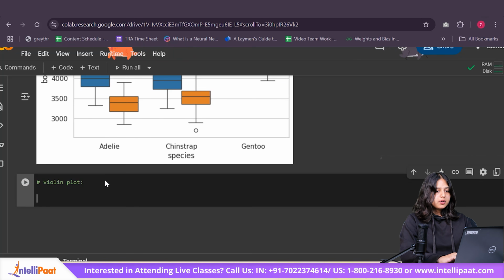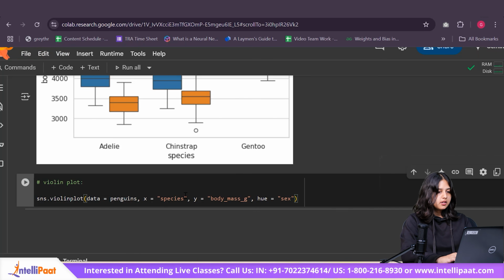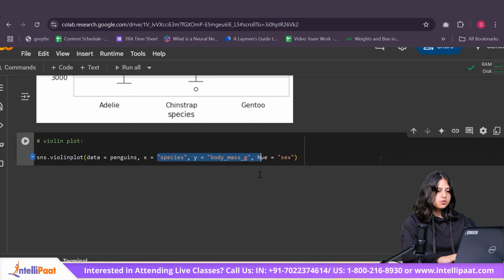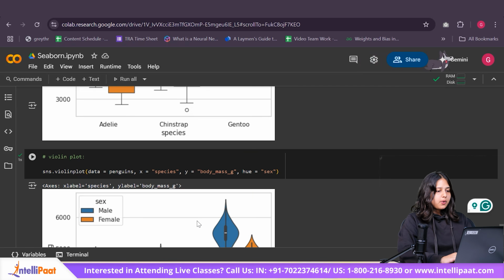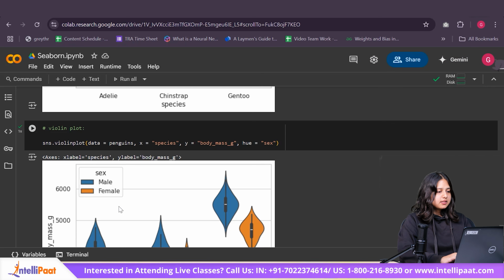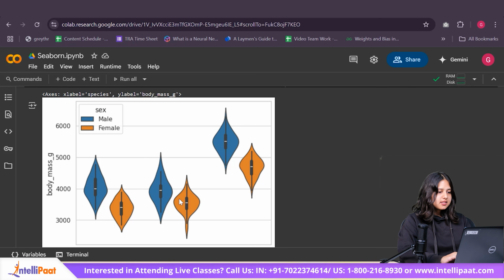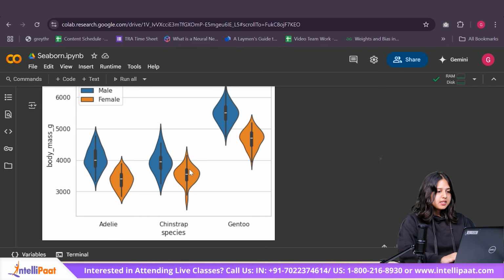Okay, so let us go ahead and quickly plot a violin plot, and let me just do it using the same particular features that we used earlier. So if I go ahead and run it, this is what a violin plot looks like. Again, it is helping us see the distribution of data, and we can also see the shape of our data, right? So I can see that my data points are mostly concentrated over here through this axis. So I can conclude that the female chinstrap penguins mostly have a body mass around 3500.